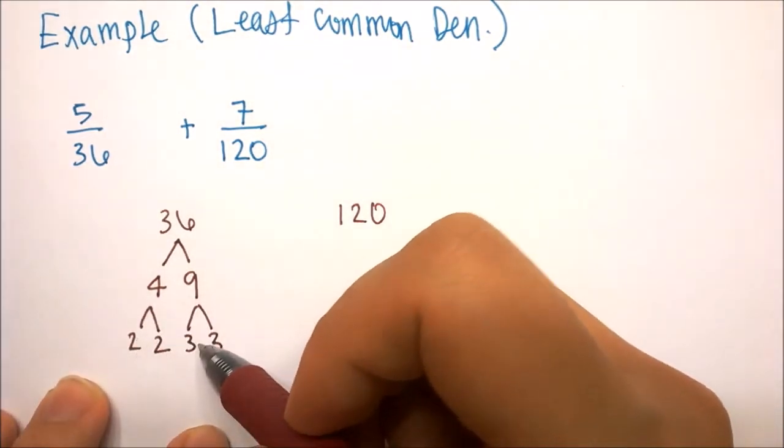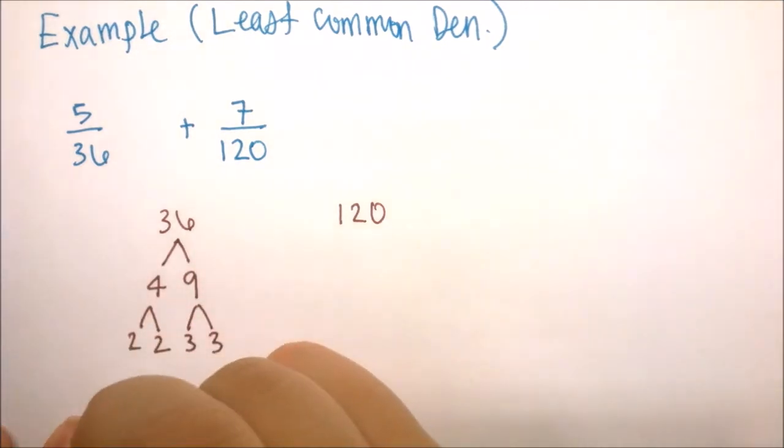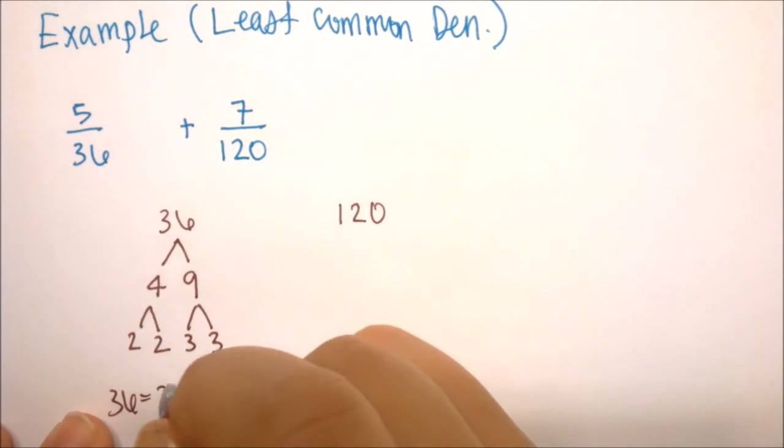And 2 and 3 are prime, which means they can only be multiplied by 1 or the number itself. So these are in the least form possible. So 36 is equal to 2 squared